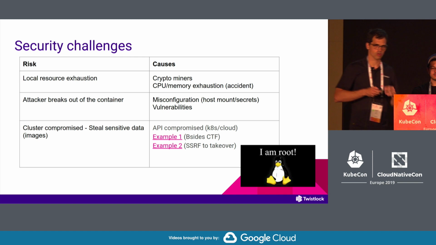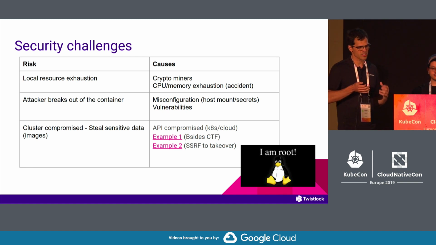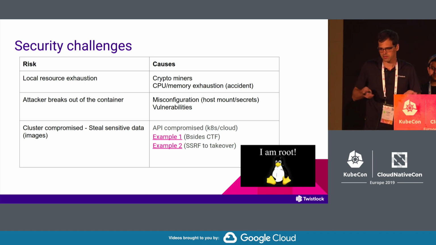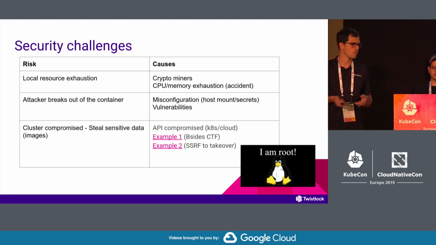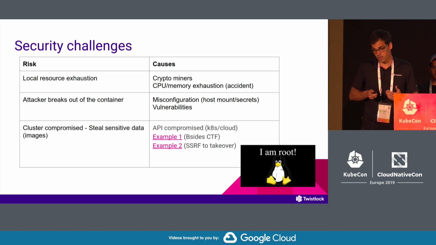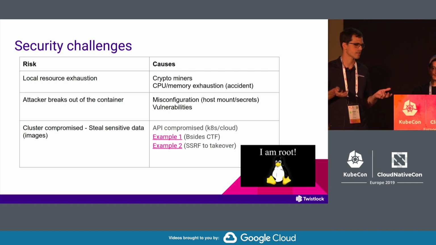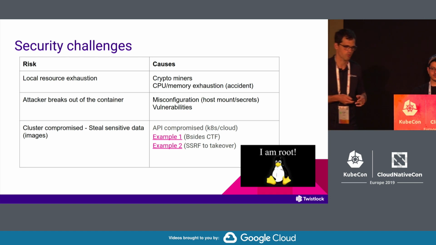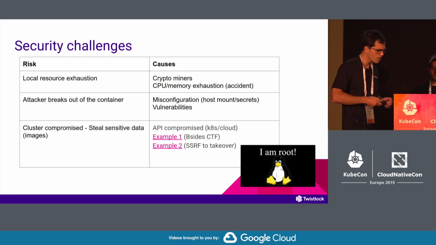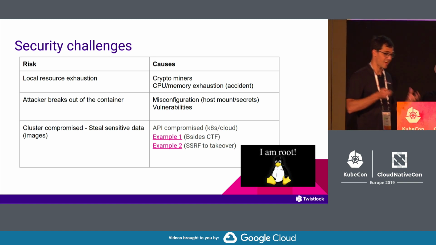So the first issue you're going to get is called local resource exhaustion, and it's when somebody just exploits your pod to do something malicious. Now, it can be something stupid, like just killing the pod, or wasting a lot of memory or CPU. Or it could be something even more malicious, like installing crypto miners, which is a very common thing. Like if somebody hears that Twistlock gives you free compute resources, I'm sure that somebody will install a crypto miner in this instance.